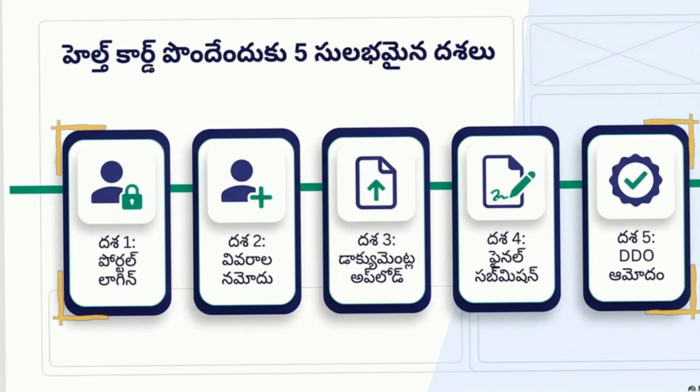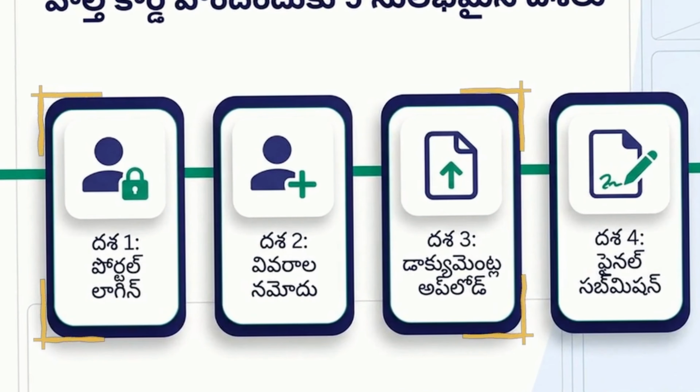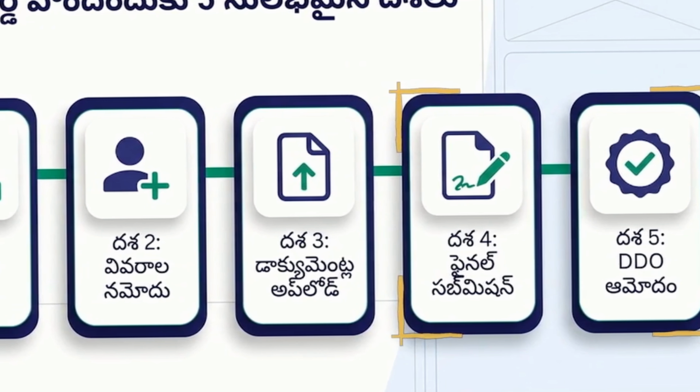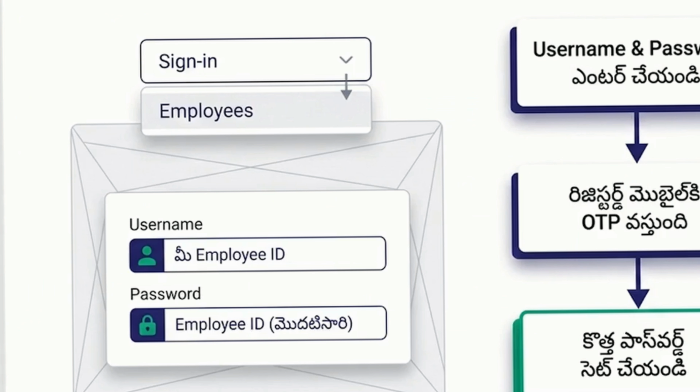Let's start the process. This graphic maps out the 5 major phases we are going to execute. We start with logging in, move through data entry and document upload, finish with a final submission loop, and end with the final approval. For Phase 1 login,